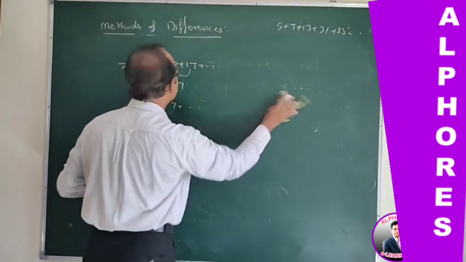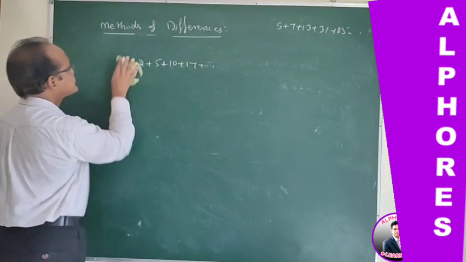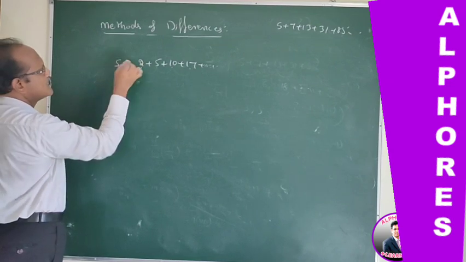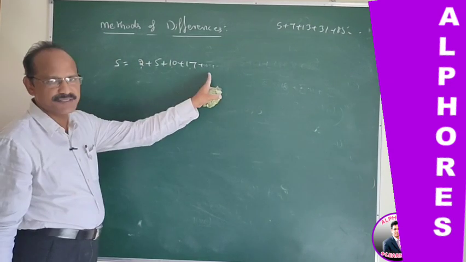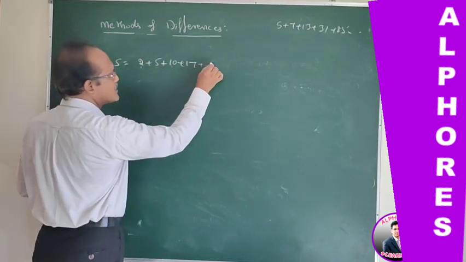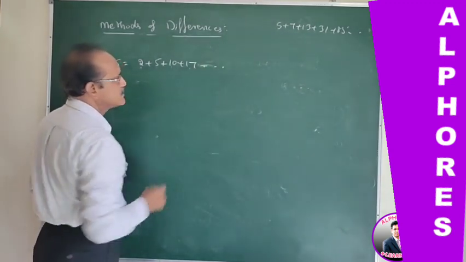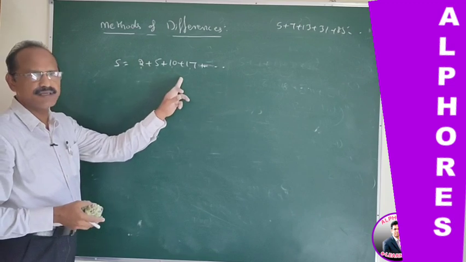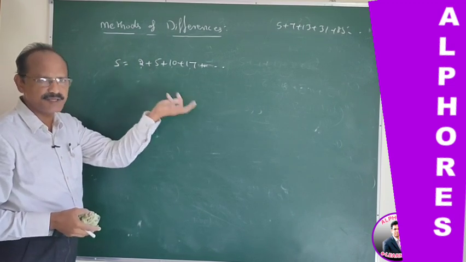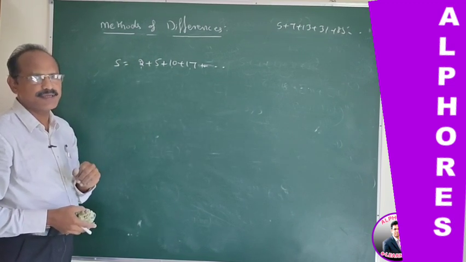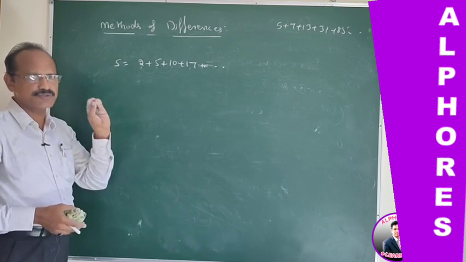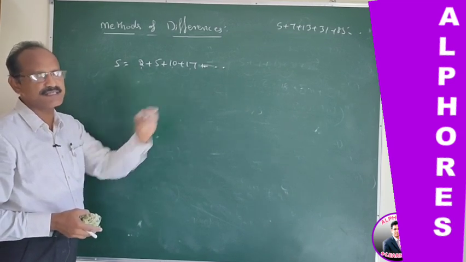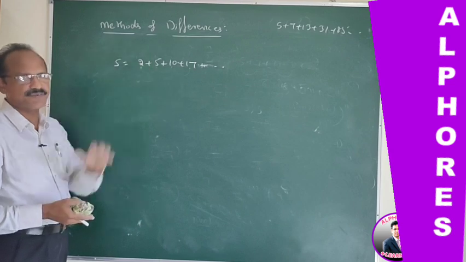Right. Now coming to this question. Suppose you are going to calculate the summation of this series. First, always try to apply the checking procedure for this sequence. It forms either an AP or GP or HP, or AGP. If those sequences do not satisfy the given series, then go to the method of differences.